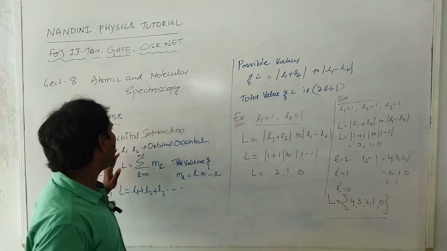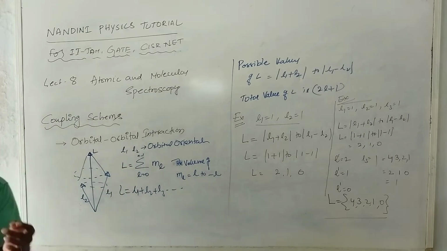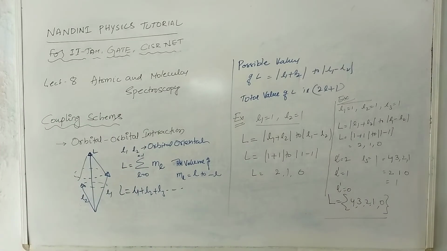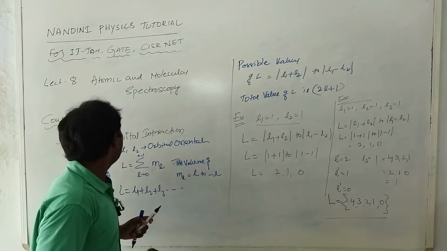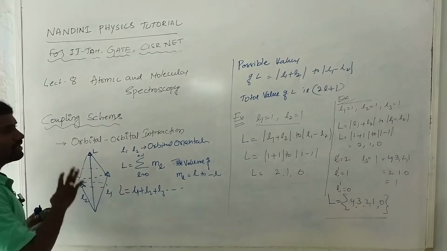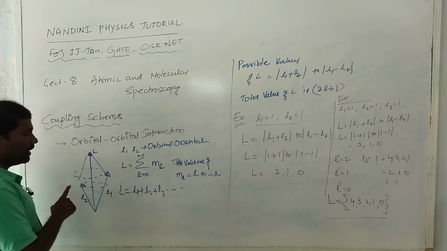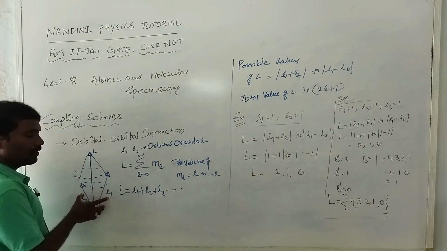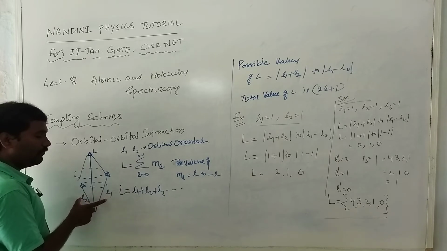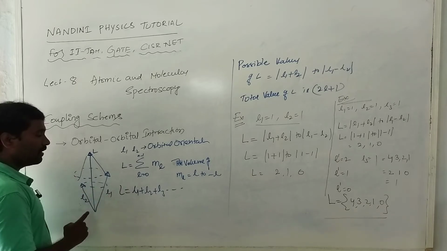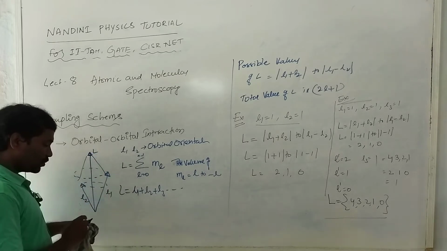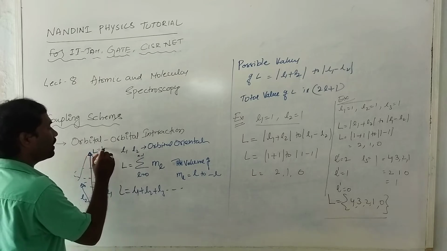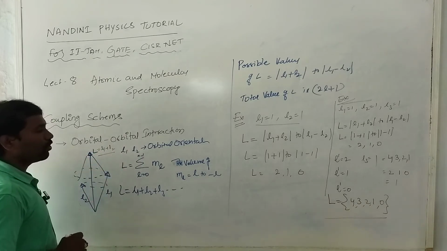So this is about orbit-orbit interaction generally. Please note, this is orbit-orbit interaction. Similarly, you will move to spin-spin interaction. Everybody understand? Orbital interaction means two individual orbital quantum numbers are precessing about their specified axis. That axis gives the addition of these two vectors, therefore L is equal to L1 plus L2. This is called orbital-orbital interaction.